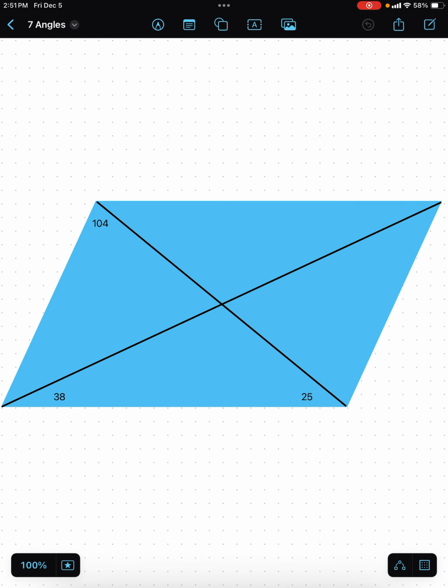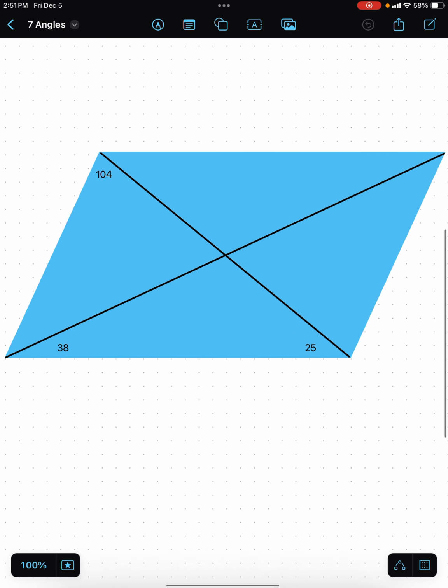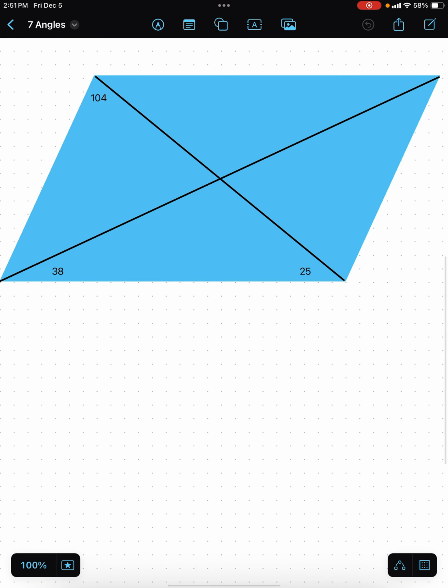Now, here's a fun thing we can do here. We can actually solve for every missing angle in this shape, just given this information. So I'm going to talk you through this exercise, and you can see how this is done. Well, first off,